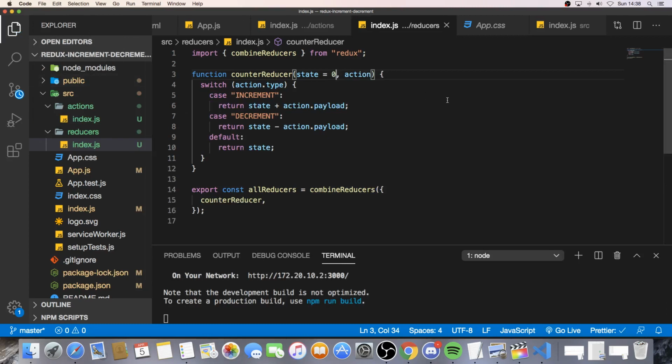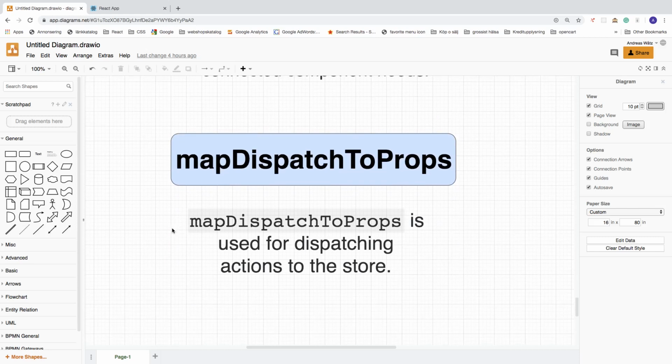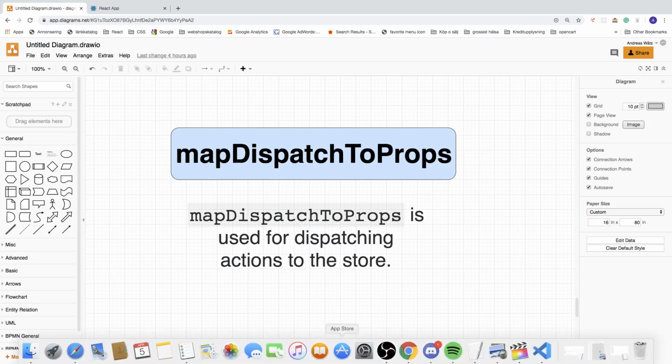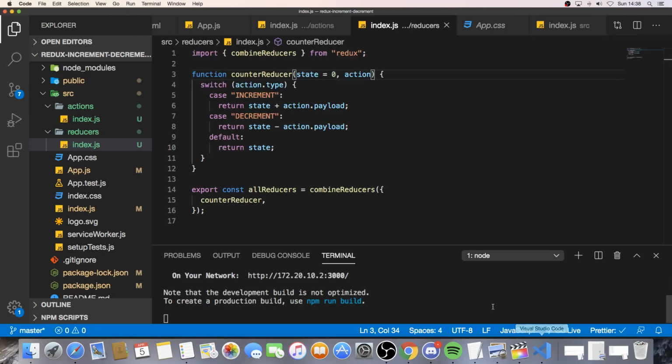All right, so now we're gonna go back to the overview, go down, and we have the last thing. We got mapDispatchToProps. So mapDispatchToProps is used for dispatching action to the store. So this is where we're gonna add the action creators. So let's go back to the IDE, Visual Studio Code,